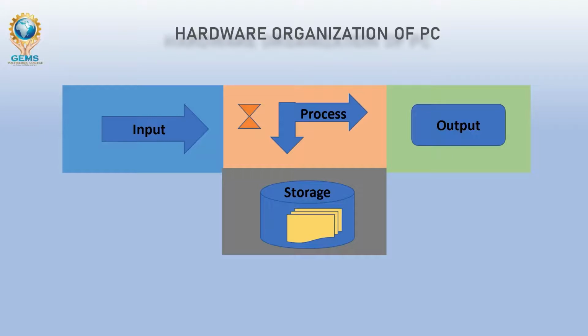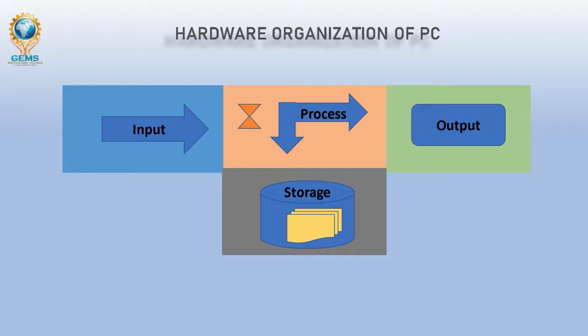Second is the process function. Once the data and instructions are received by the input function, the computer starts the processing function. In this function, a computer processes the received data according to the instructions. To process the input data according to the instructions, the computer uses the CPU, that is, the Central Processing Unit. A CPU is the main processing component of a computer. It processes user instructions that the user gives as an input, executes the scripts and programs, and runs commands of the OS that provides a platform for installing and using application software.